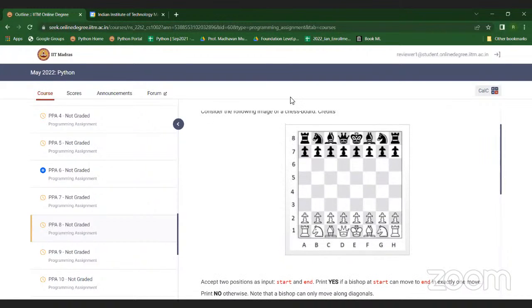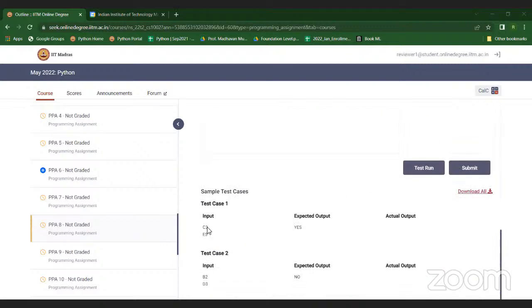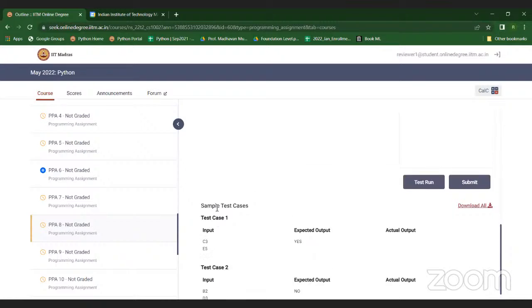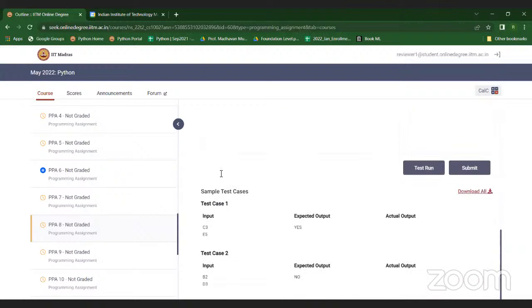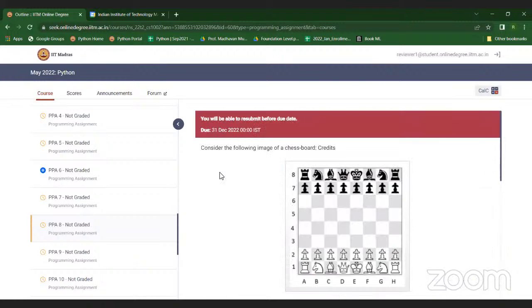So then, starting position, shall we give as a code? Let us say it is at C1. The start position will be given like C3, B2 and so on, and for the target position, shall we give D2 or E3 or F5, like that? The start position and end position will already be given to you. The only thing you need to look at is whether it can move from the start to the end place or not.